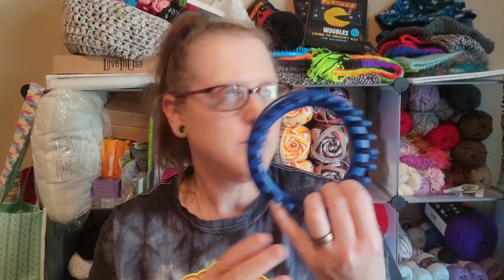We are going to be loom knitting a pumpkin today. And of course, you'll need a 24 peg wide gauge. I'm not sure, it's the ones that you can typically get from Walmart or any craft store in a set. But this is the 24 peg loom, and of course you'll need scissors and a hook or pick,